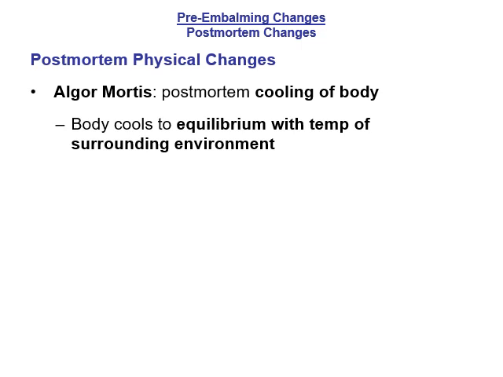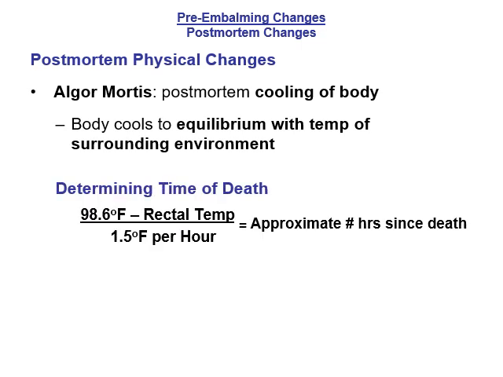Now, they do actually use body temp to kind of indicate time of death. They do that by taking 98.6 degrees minus the rectal temp, because that's core temp. They might even use almost like a meat thermometer and stick it in the liver, because that tends to retain heat a little bit better. So they subtract the rectal temp from 98.6, divide that by 1.5 degrees Fahrenheit per hour, and that's the approximate time of death. Now, they don't always do that, but that is a way that has been used in the past to determine